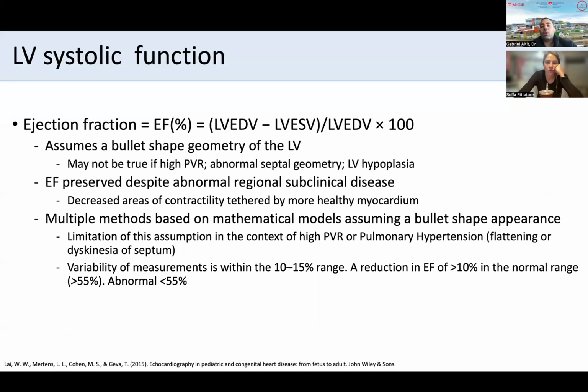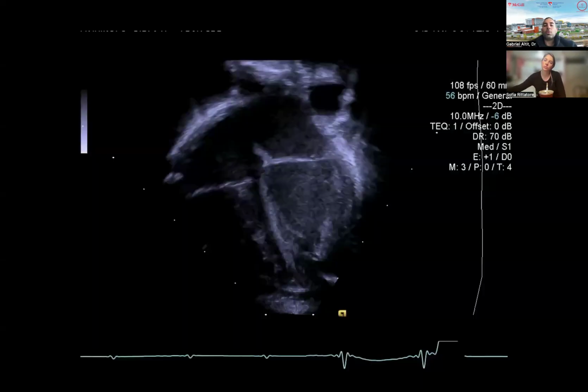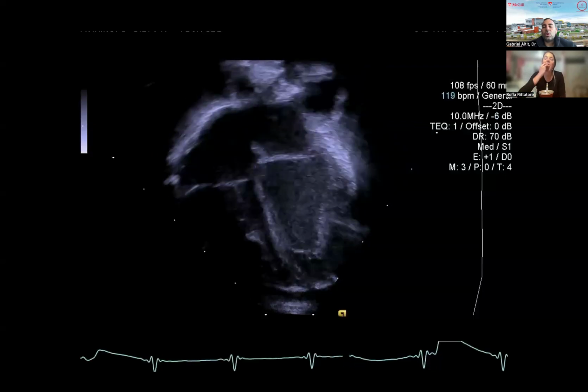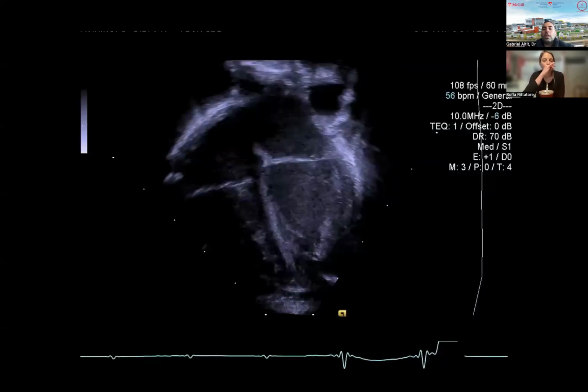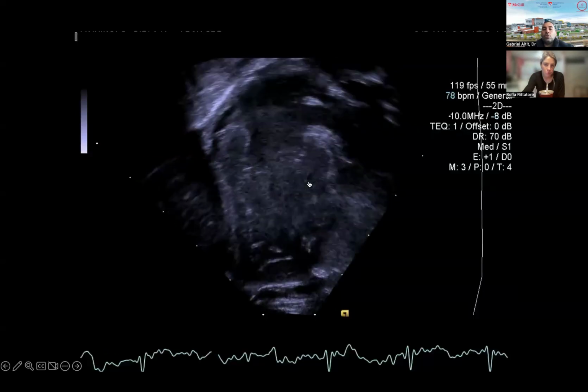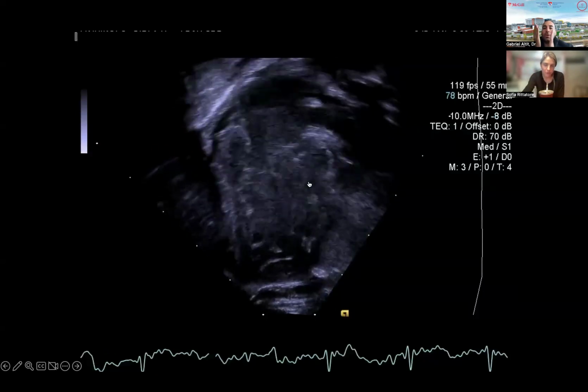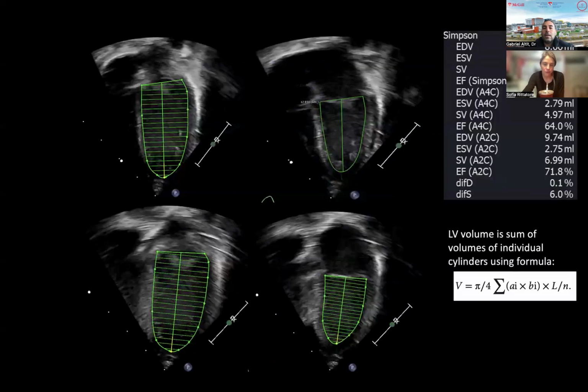Ideally, if you do 3D echo or if you're doing MRI, you can reconstitute all the segments of your RV and you're able to truly get a better estimate of these volumes. But what we typically will use is what we call the Simpson's biplane disc method. So you'll use the apical 4-chamber view, you'll use the 2-chamber view, so they're complementary orthogonal planes, and then you'll